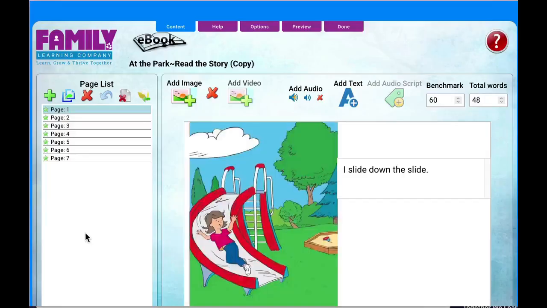We call each type of activity an activity template. For ebooks, we use the ebook template. Each template is a form. All authors do is fill that form with content, and the Make app creates the activity. Here is an ebook in English. To make another language version of this activity, we click Done